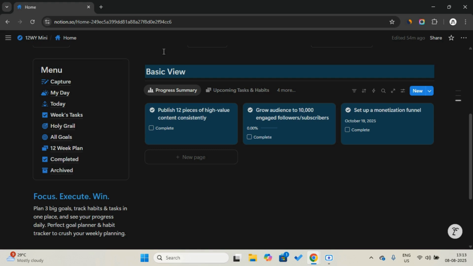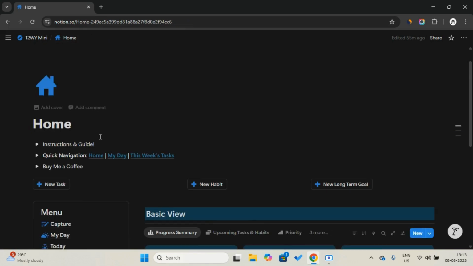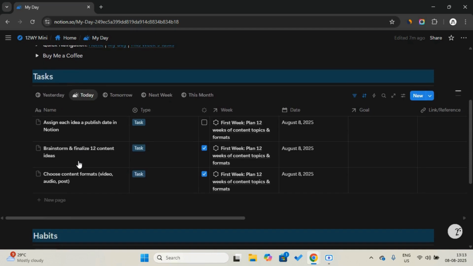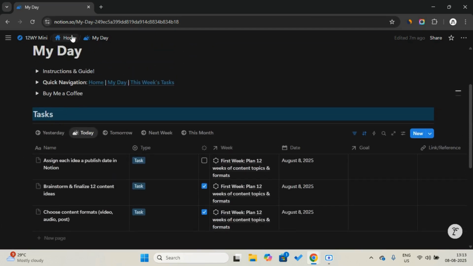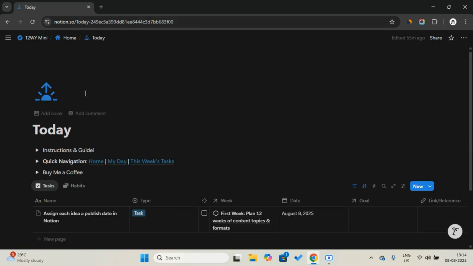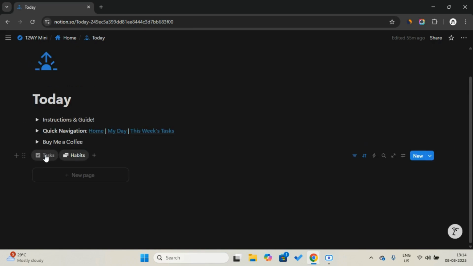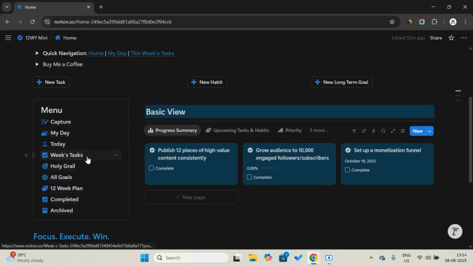And also I'm going to explain some feature pages, like the capture section. This is where you can capture your tasks. And in the my task section, we already saw that. So here you can see a time-based review, so habit and task. And there is also the homepage navigation screen, and then there is the today section. When you open today, you can see the tasks that are due today and the habits that are due today. And then we go to the week's tasks.